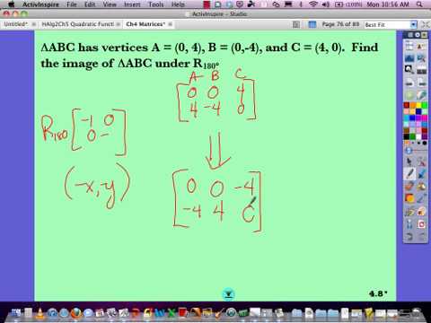Also, if we would have done a matrix multiplication, we should have gotten those same points. So either way, I'd stick with shortcuts when you can, but it's up to you. It'll take a little longer to do the matrix multiplication, but if you're comfortable with that, there's nothing wrong with that either. So we've got 3 more added to our list: rotations, reflections,